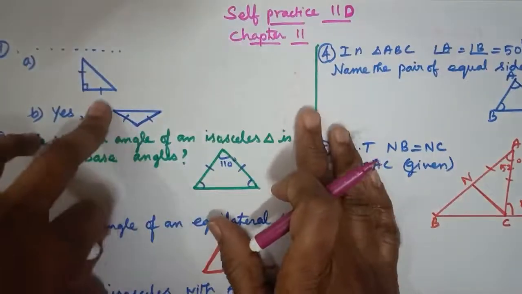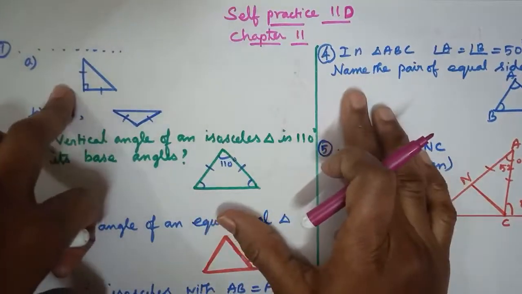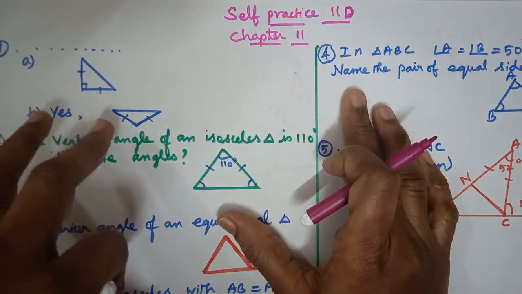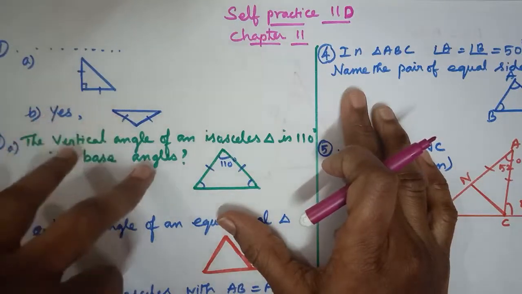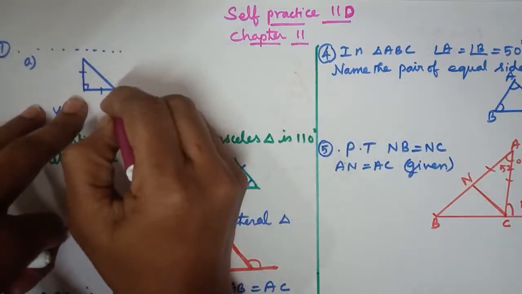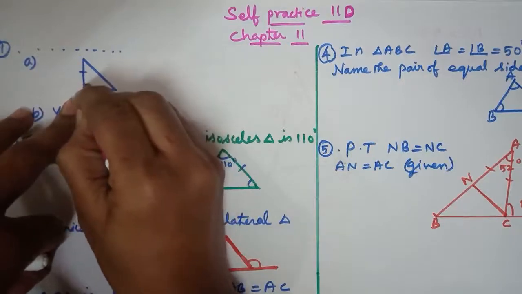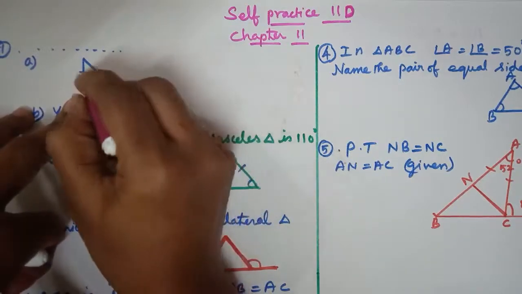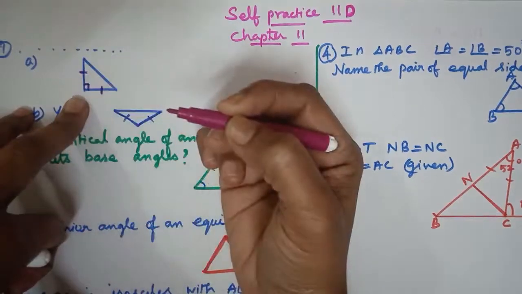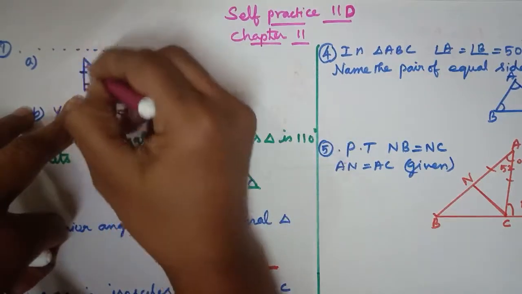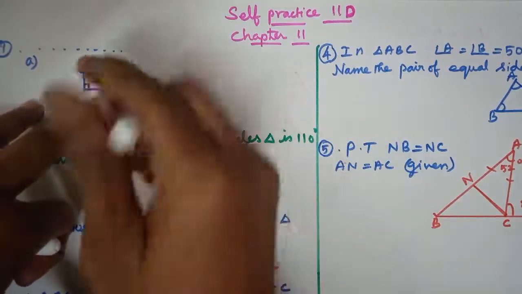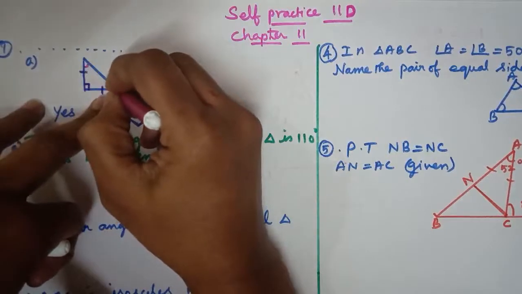Listen students, self practice 11D. First question: what will be the other angles of a right angled isosceles triangle? So students listen, here I have drawn a right angled isosceles triangle. The right angle is here. Then it is an isosceles triangle, so these two sides are equal. Then we can say these angles are also equal, because